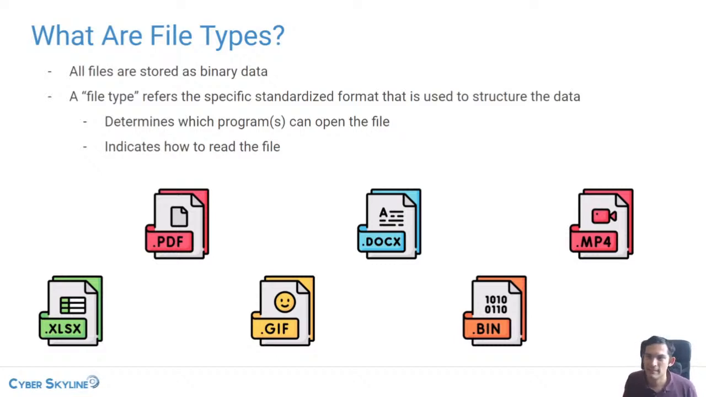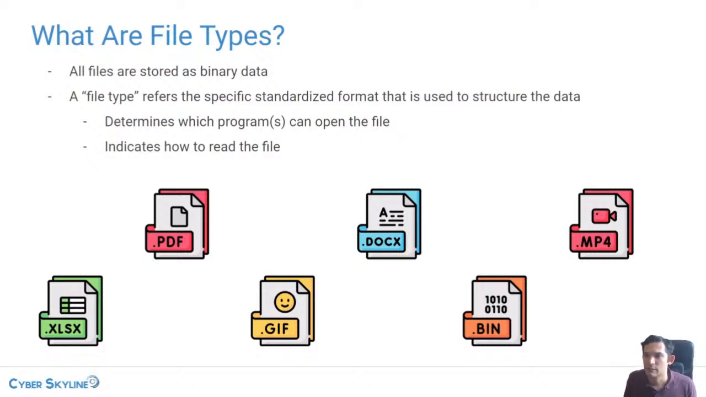File type refers to the specific standardized format that is used to structure the data within the file. So up here on the slides, you can see a couple of examples. Sorry, this is mirrored. We've got a PDF, a docx, an MP4. So these are all different file types, and each one has a specification, a standard on how the data in that file is stored. And computers use these file types to determine what types of programs can be used to open the file,